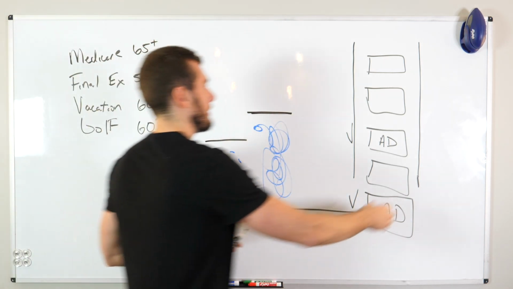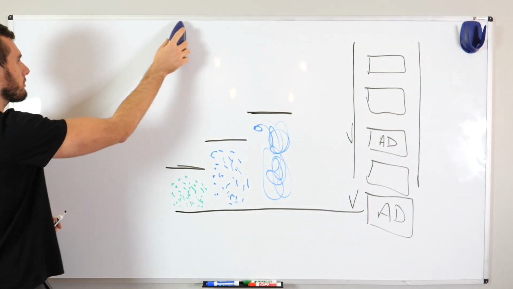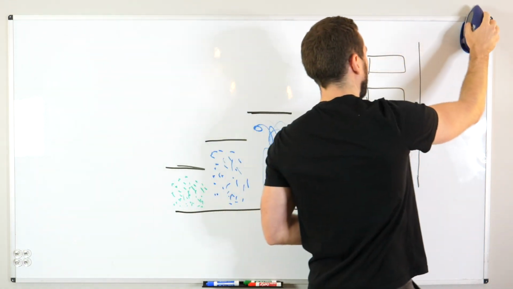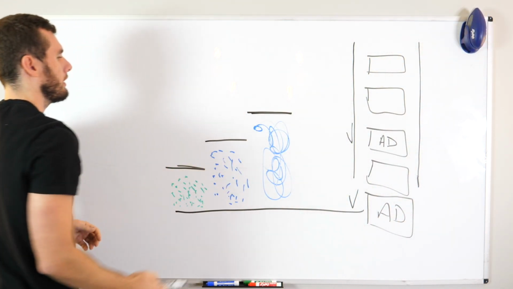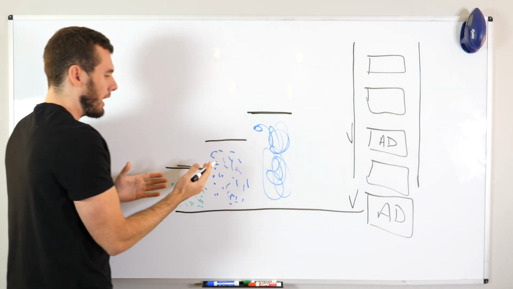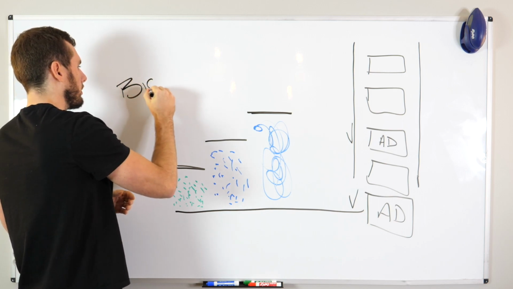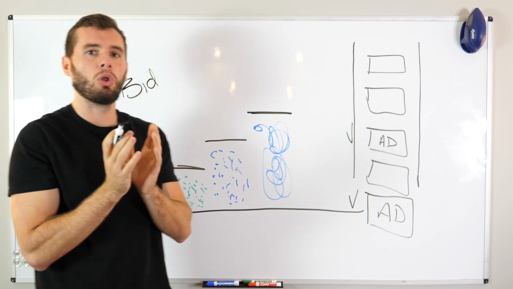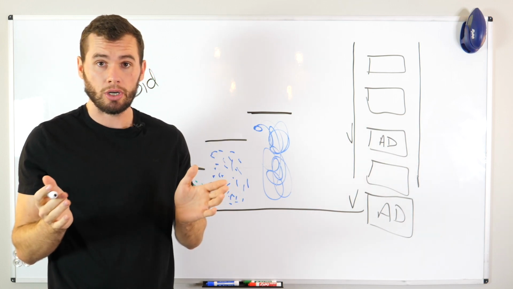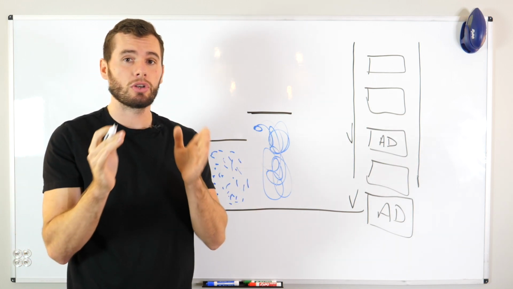So let's get rid of this over here. We're gonna keep this over here because we're gonna use it. All right, so we have a flooded market. Now what we see in our regular markets, anywhere in here, when we're talking about bid strategy, there is an optimal bid strategy for every location and every demographic in all your advertisements. There's an optimal one.